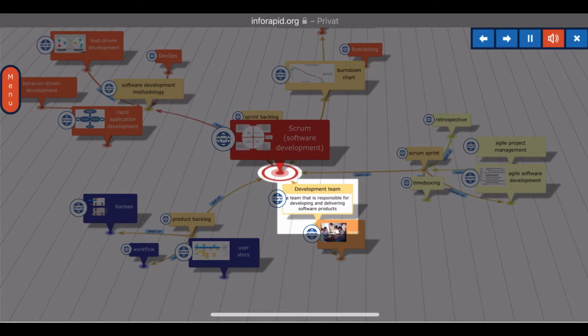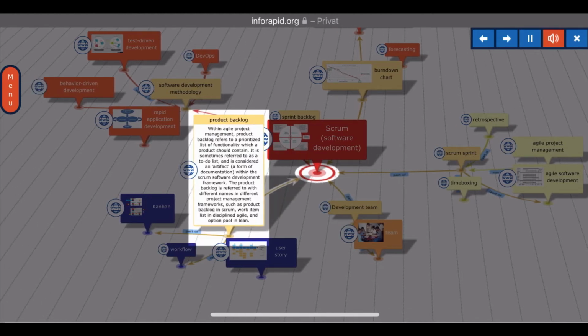Development team. A team that is responsible for developing and delivering software products. Product backlog. Within Agile project management, product backlog refers to a prioritized list of functionality which a product should contain. It is sometimes referred to as a to-do list, and is considered an artifact, a form of documentation, within the